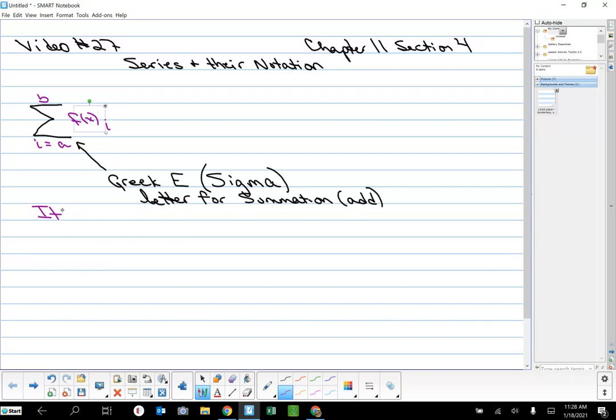So it means to find the sum of a sub I, or f of x sub I,